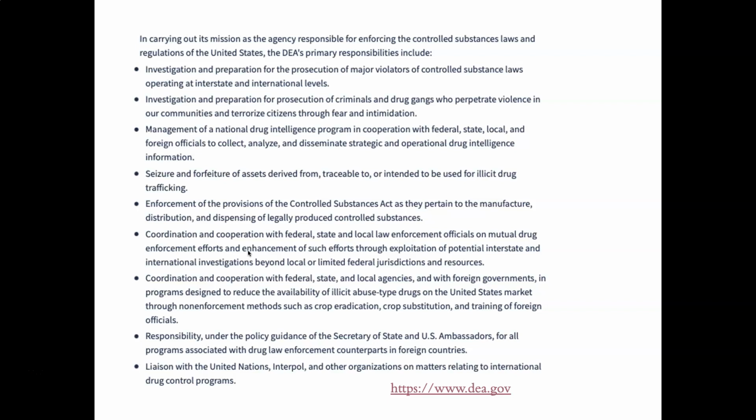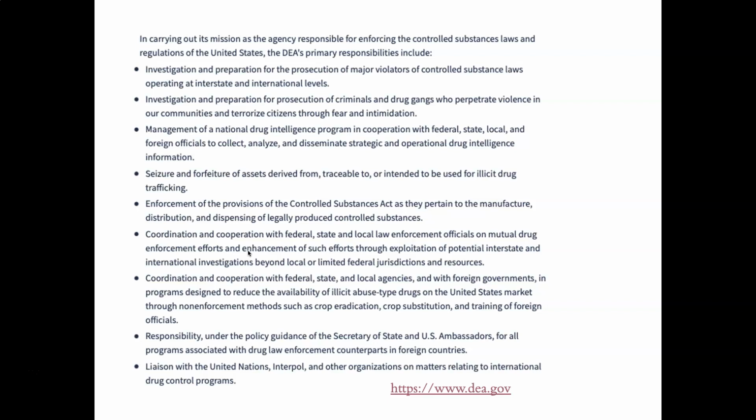They seize and cause forfeiture of assets derived from, traceable to, or intended to be used for illicit drug trafficking. They enforce the provisions of the Controlled Substances Act as they pertain to the manufacture, distribution, and dispensing of legally produced controlled substances. They coordinate and cooperate with federal, state, and local law enforcement officials on mutual drug enforcement efforts and enhancement of such efforts through exploitation of potential interstate and international investigations that are beyond local or limited federal jurisdictions and resources. They coordinate and cooperate with federal, state, and local agencies and with foreign governments in programs designed